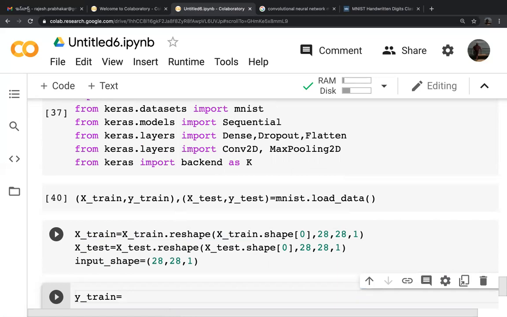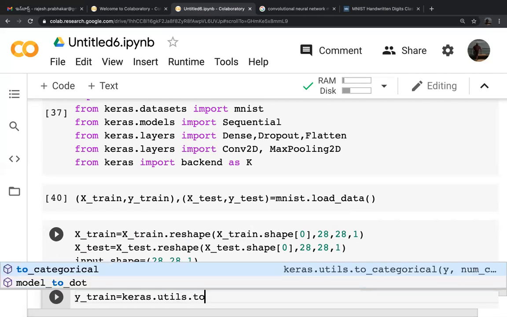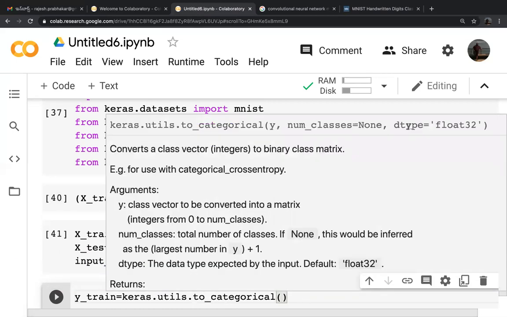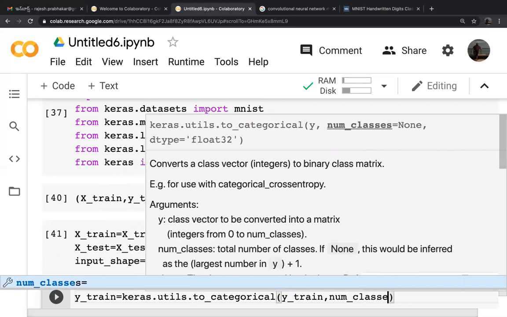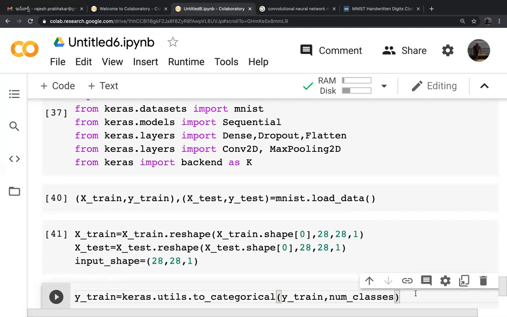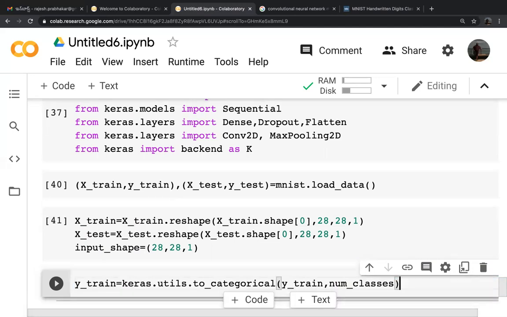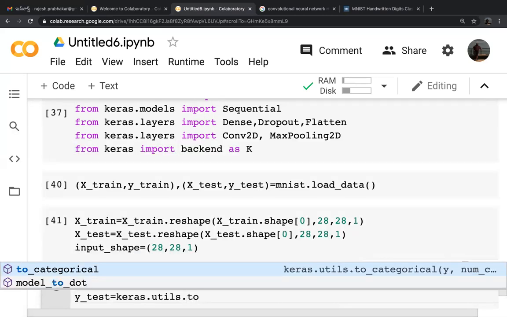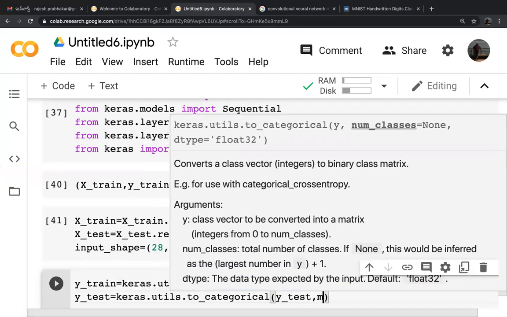y_train is equal to keras.utils.to_categorical(y_train, num_classes). The same thing we have to do for test also. y_test is equal to keras.utils.to_categorical(y_test, num_classes).